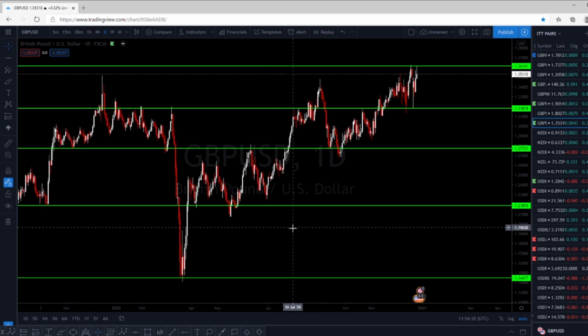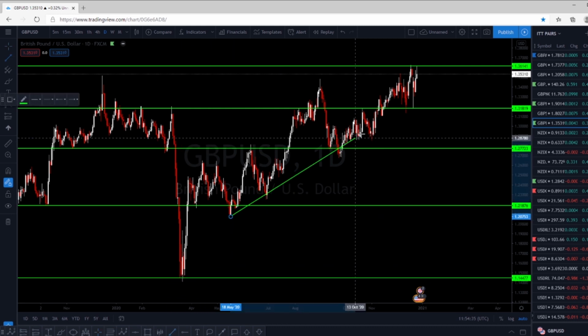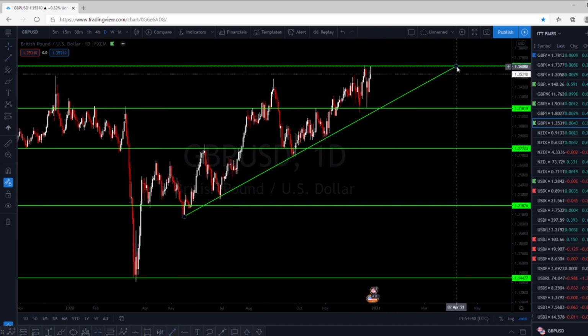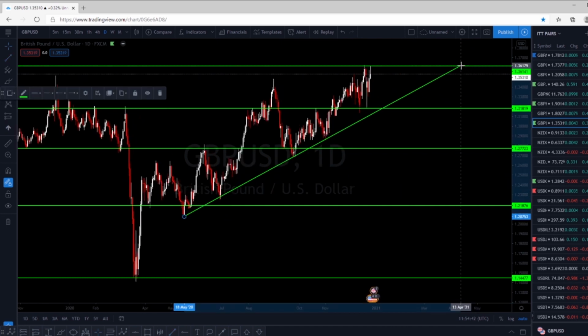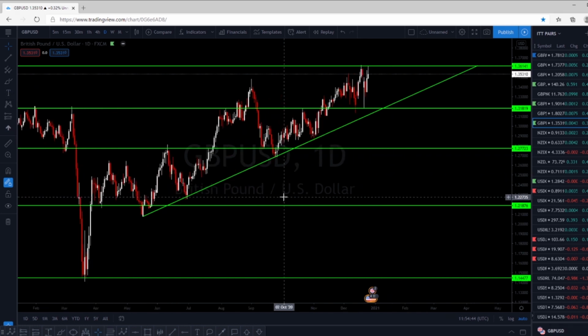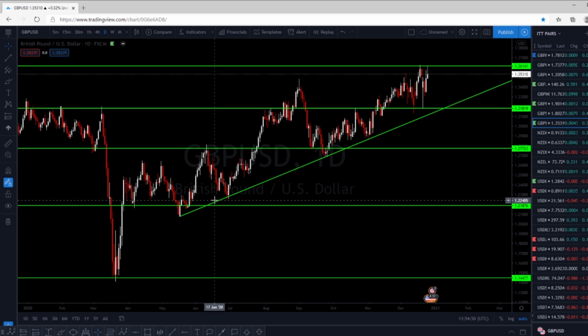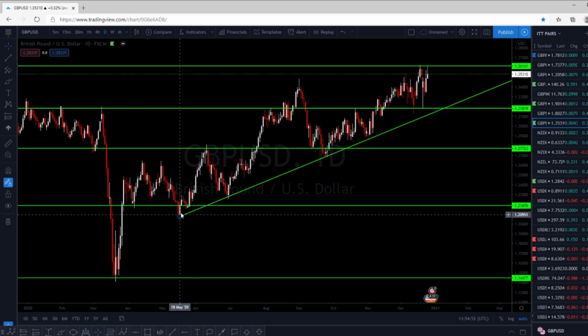This is an uptrending market, and let me just start by putting my trend line. My trend line is going to be like this. Remember, this is the daily time frame. I'm going to leave my trend line as it is in green color. But you see that before you can upload your trend line, you need at least 2 touches possible. This is my first touch right here, this is my second touch right here, and also this is my